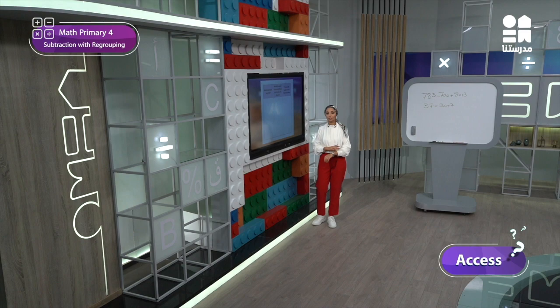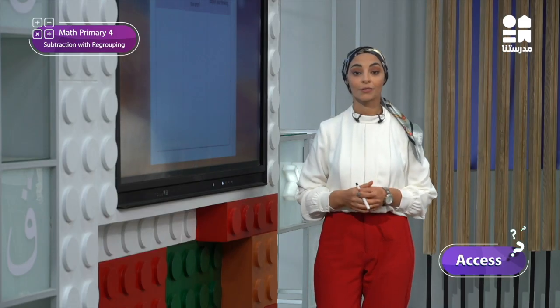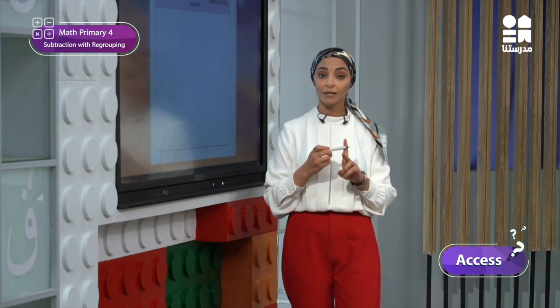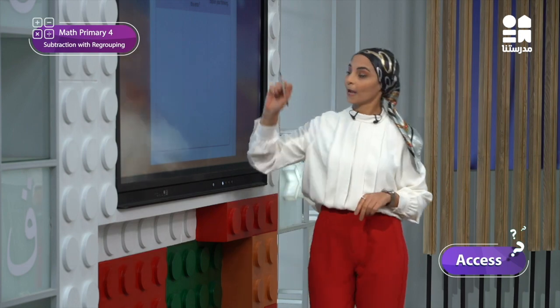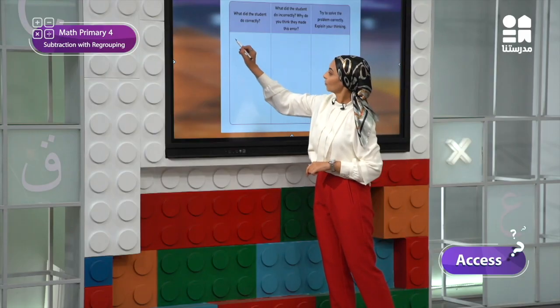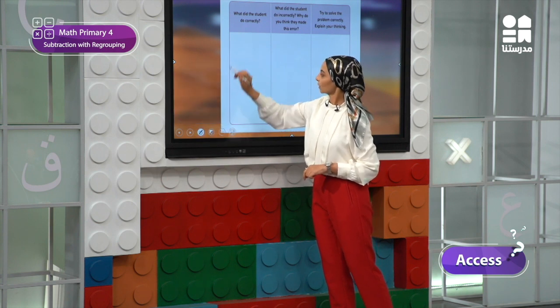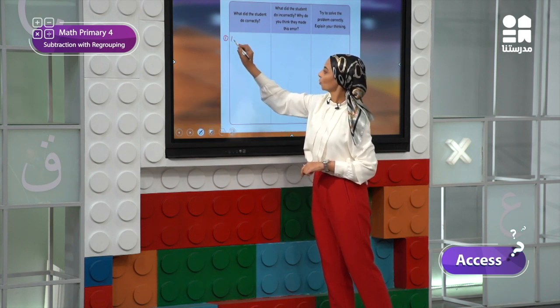Now that you have analyzed the answer in your book, what was correct in this answer? I think he did two things correctly. What are they? The first thing he did correctly was breaking the numbers into a correct expanded form. He made the numbers in the right expanded form. What did he do? He made 500. Yes. So the first thing he wrote